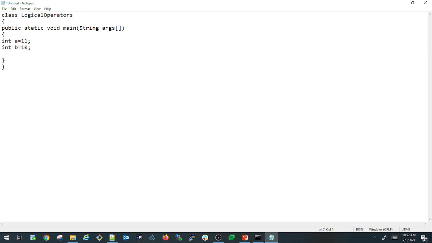These are the two variables I declared. Now let us quickly look at the logical AND and logical OR operators. Here I'm writing an if statement, which we already discussed in our earlier sessions.